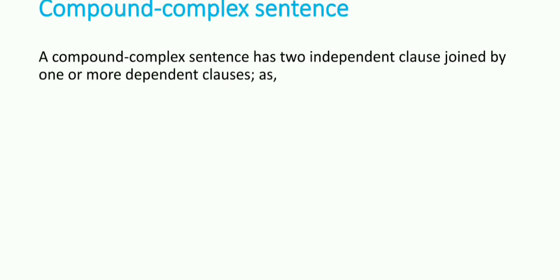Next we have the compound complex sentence. A compound complex sentence has two independent clauses joined by one or more dependent clauses. How? While Asif reads poetry, Ali reads novels, but Ahmad reads fiction. As the definition said,